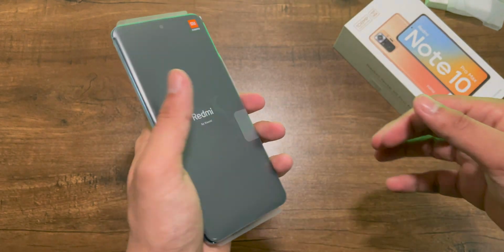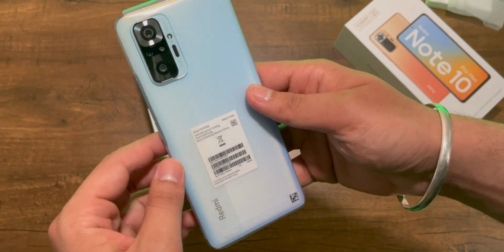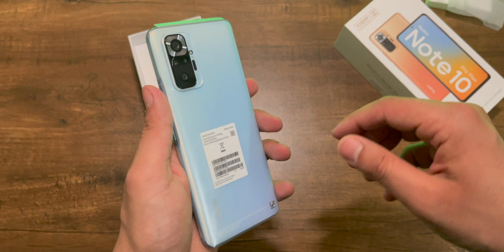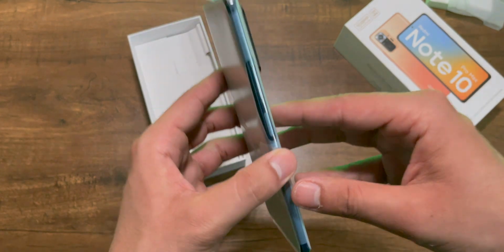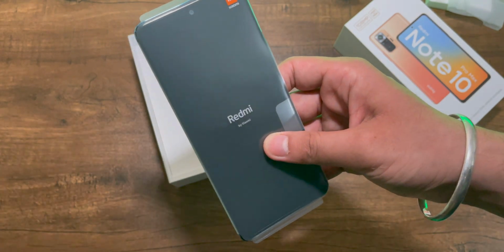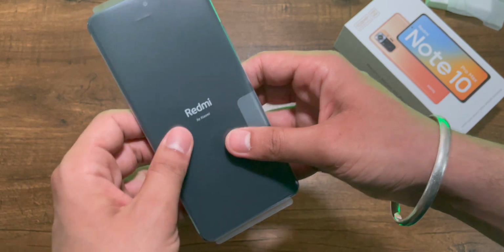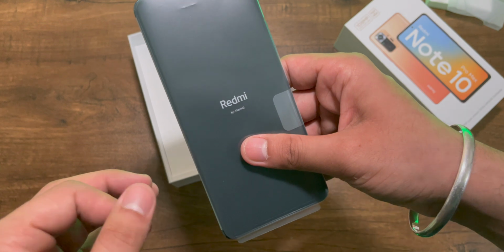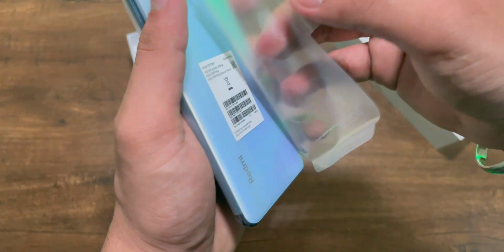So we get a look at our device, and this is the all new glacier blue color Redmi Note 10 Pro Max. Look at the light blue color and the shiny blue sides. This looks like a premium phone just by holding it in the paper itself. I can't say this is a budget phone, and it really looks slim, shiny, and like a flagship phone. So on removing the paper from the phone,